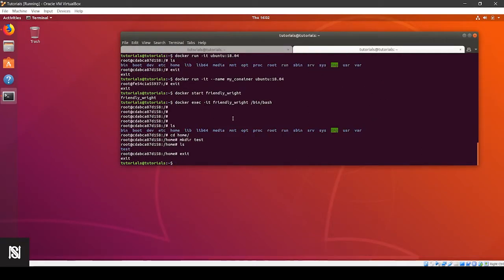The file that I created inside the home won't be present in any other new container that I make out of that Ubuntu image. So it sounds a bit tricky, but I'll show you.